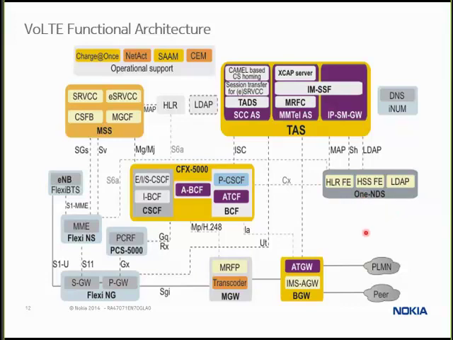Charles, there's a few things on this slide I wanted to understand a little bit more, like peer, PLMN. Great question. The BGW is a border gateway. The border gateway is basically a router that connects to the public land mobile network. For example, that's what the PLMN is, the public land mobile network. You might also call it the public switch telephone network, PSTN. And the peer would be another network just like this somewhere else.